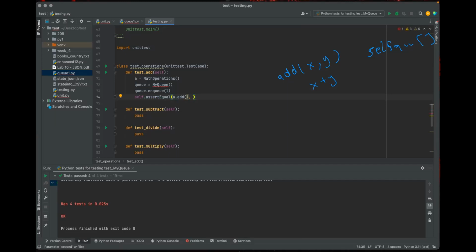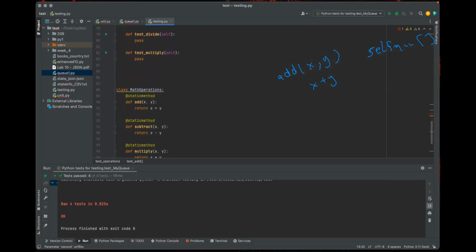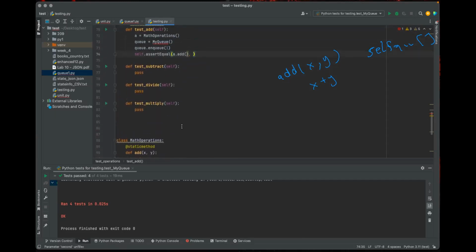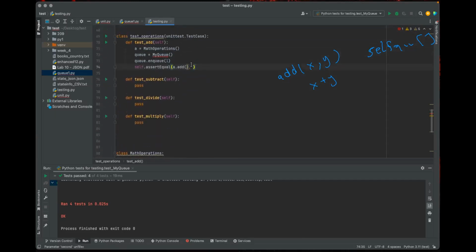Yes, so let me first ask you a question. The add method in the class MassOperations, how many parameters does it take? Can you look down at the class MassOperations? X and Y, right? So we need to pass two values to it, right? Put 2 and 3, for example, inside of here.